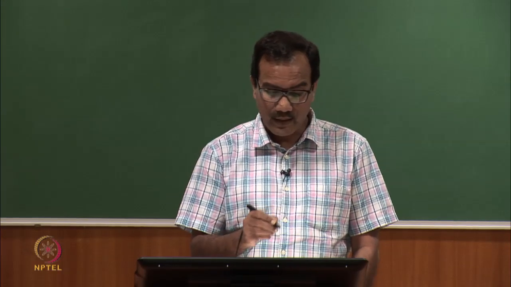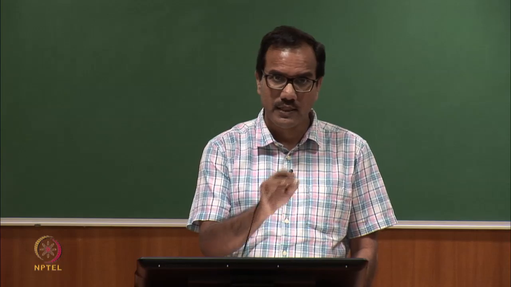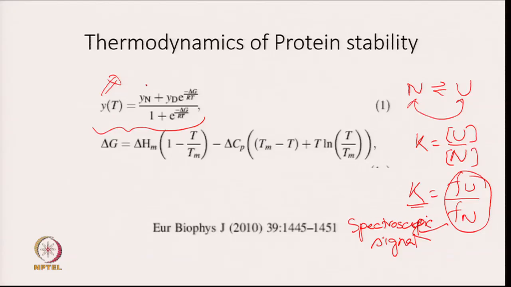So, y at a certain temperature, meaning the signal at a certain temperature, is equal to y due to the native form plus y D multiplied by exp(-delta G/RT), divided by 1 plus exp(-delta G/RT). Here we mean delta G naught. And so, your fluorescence intensity can be related to the delta G of the process,